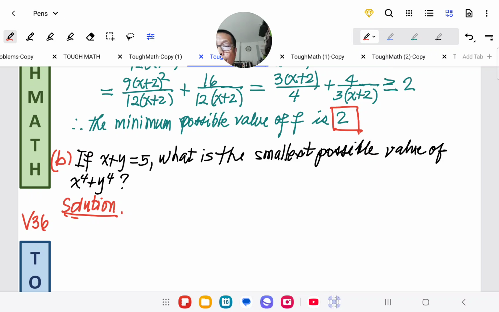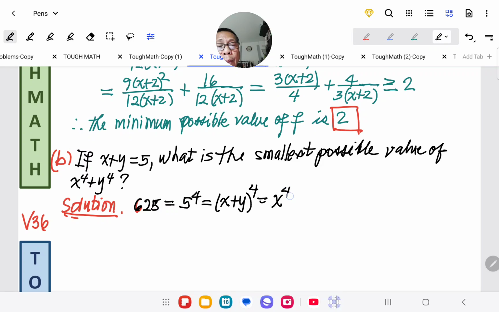Okay, so we have 625 is equal to 5 to the fourth. But 5 is equal to x plus y, so we replace it with x plus y. And then performing the binomial expansion, we have x to the fourth plus y to the fourth plus 4x cubed y plus 6x squared y squared plus 4x y cubed,